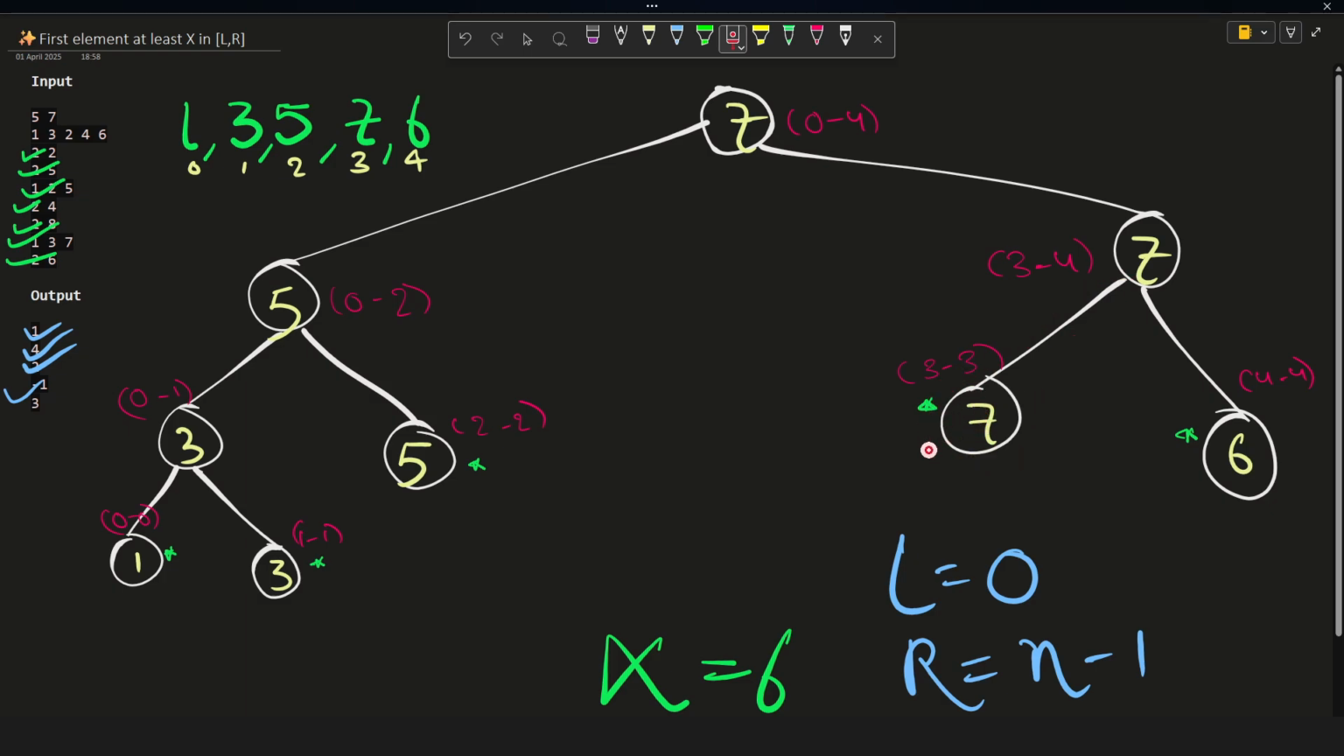And since I have reached a leaf node such that my start is equal to end, right? And it also has a value greater than or equal to x here. So I have got my answer here, which is 3. So I'll just print or return it. In this way, we did each and every query as given in the input and got the correct outputs